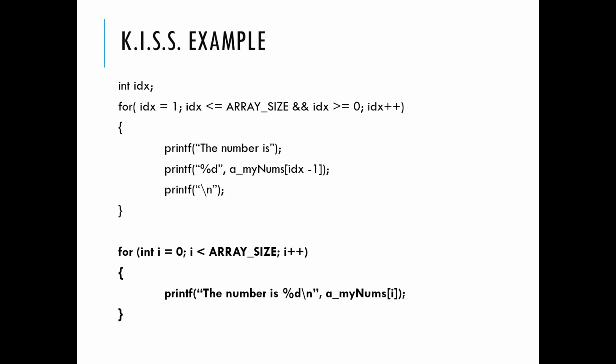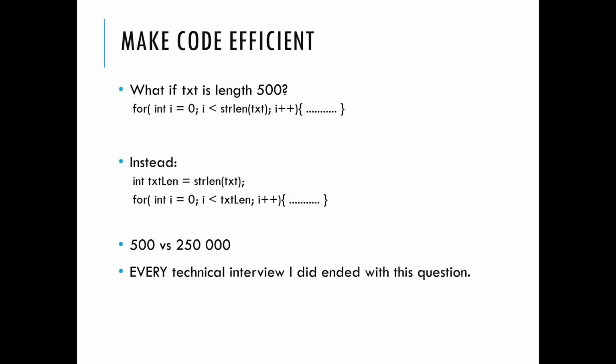So this is the keep it simple, stupid principle. If you try and make things overly convoluted, overly complex, it ends up no one understands it, and maybe you don't even understand it later. We don't get to play with this very often, but making the code more efficient, we'll see some basic examples, but this is a fundamental principle in computer science that there are ways of approaching the problem of solving something computationally that are more efficient than others. So let's take, for example,